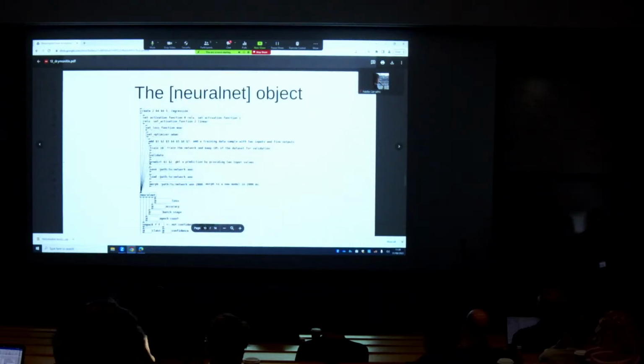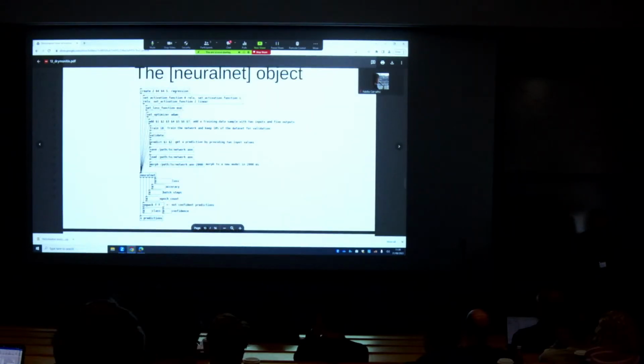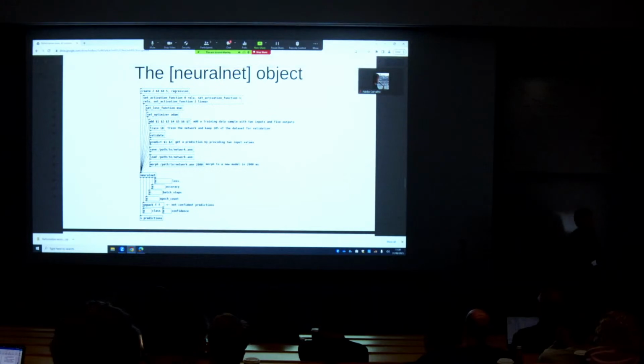So in this image, we can see the actual NeuralNet object and some messages. Here you can create an input layer, two hidden layers, and the output layer in regression mode, and the activation functions, all except for the input layer. So ReLU for the first hidden, ReLU for the second hidden, and the last layer is a linear activation function. The loss function is mean squared error. They set the optimizer to Adam. You can add